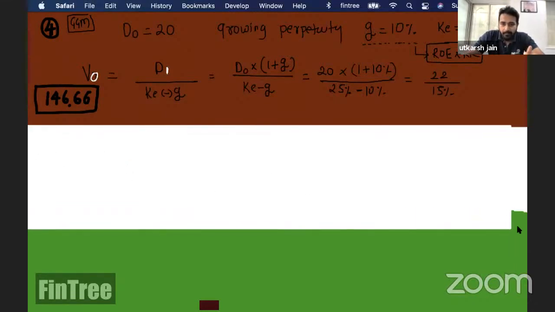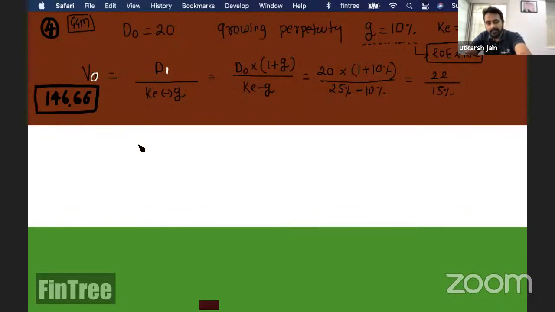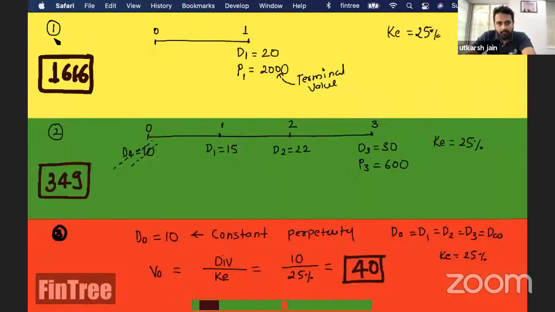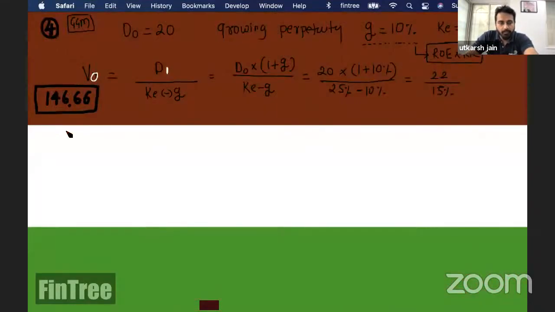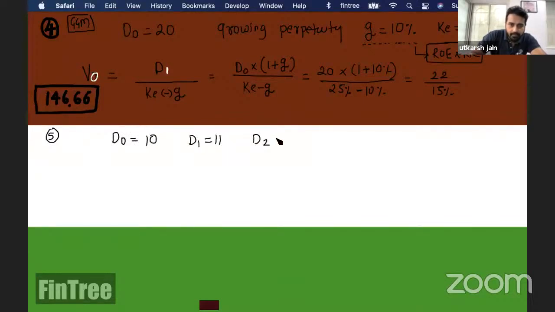And if it is making sense to you, then let me now integrate everything that we've learned, example number 4 and example number 2, and let me throw in a question at you. Now, let us say we have a situation where D0 is 10, D1 is 11, D2 is 18, D3 is 20, and thereafter,